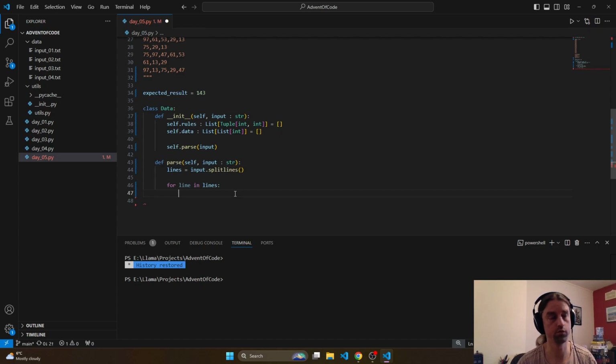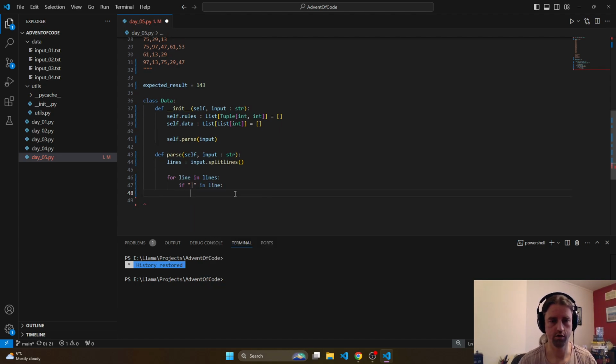I don't love single character variables because it's kind of hard to read. So if that pipe character is in the line, then, we could probably do this as a comprehension as well, but let's just carry on with this approach. The line gets split on that pipe character,